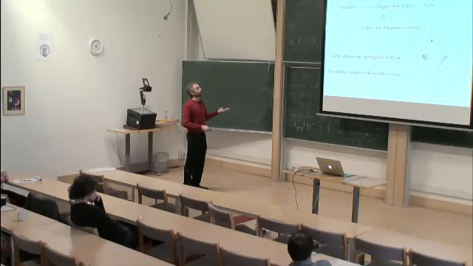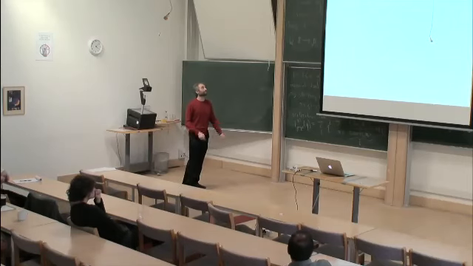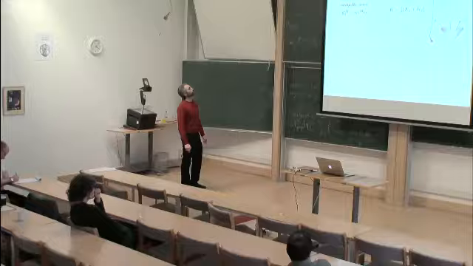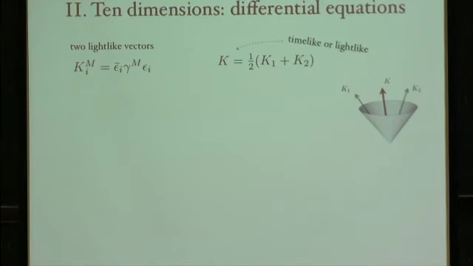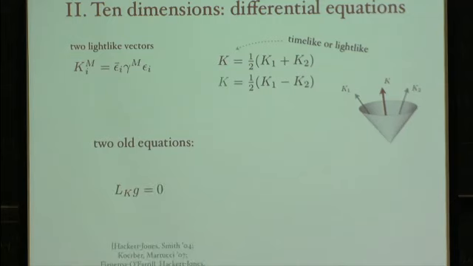Having said this, now let me show you finally the differential equations. Like I said, there are two null vectors, which are K1 and K2 associated to the two spinors. Let me form the semi-sum and semi-difference. In terms of this, there are two old equations. Old meaning that someone else had found them before me, damn it. And they're pretty nice. Actually, one says that this sum here is always a Killing vector. The other says that,